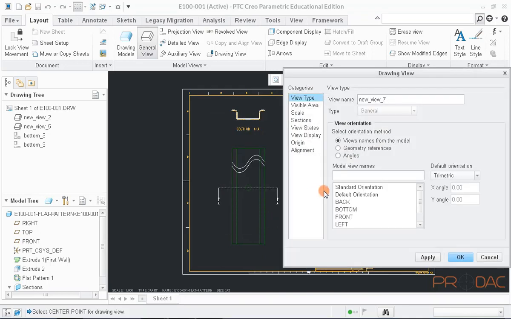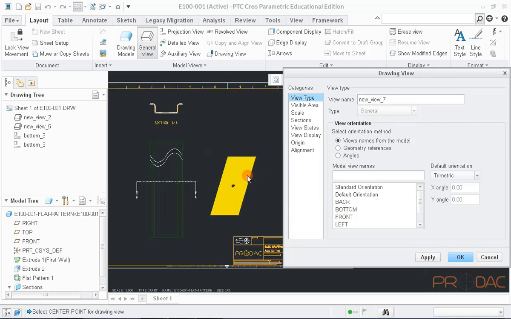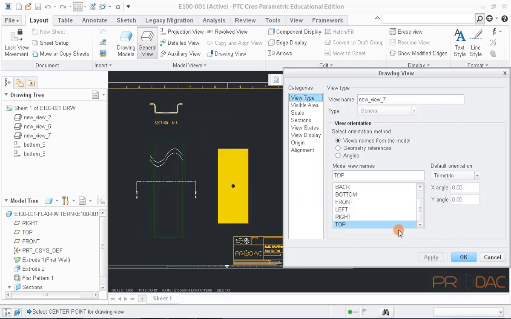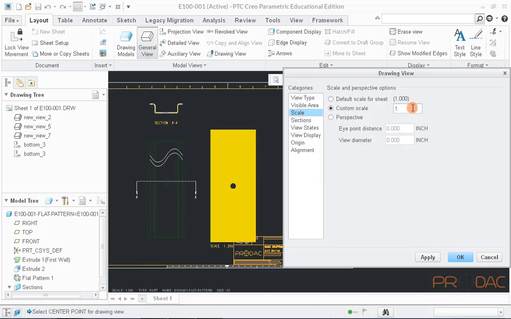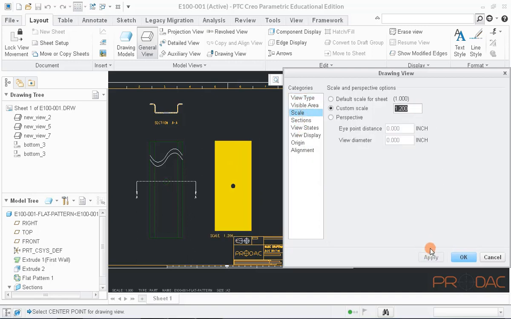Using the options in this window, we can change the orientation of the flat pattern as needed. Change the scale and display style of this view from their respective menu categories.